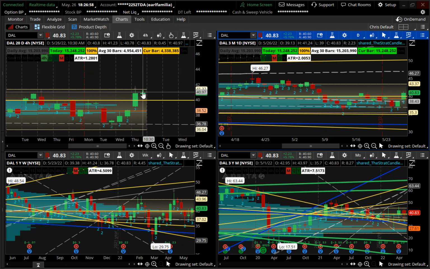You can set this level here on Delta above 41.23, but it looks like a shooter candle. And my mind is telling me that it's gonna go 2 up tomorrow. So you could get like an outside 4 in the morning, potentially. We'll just have to see how things open up, honestly, with that one.